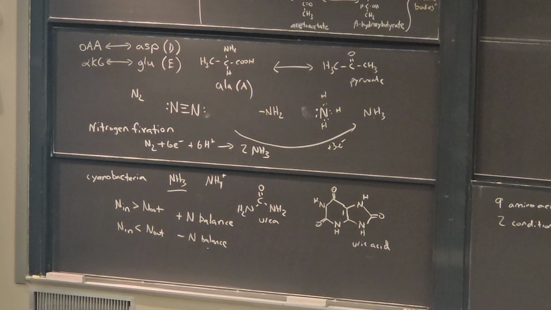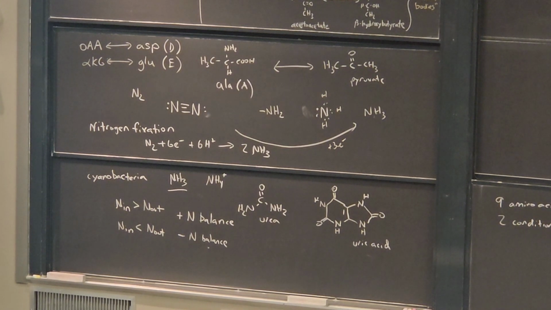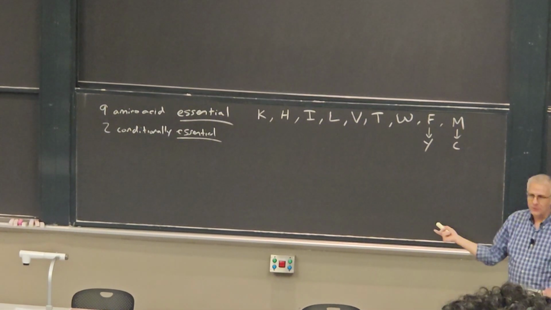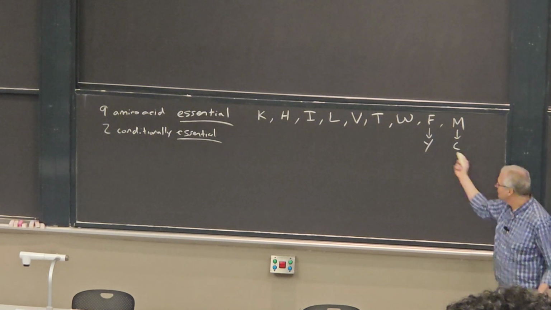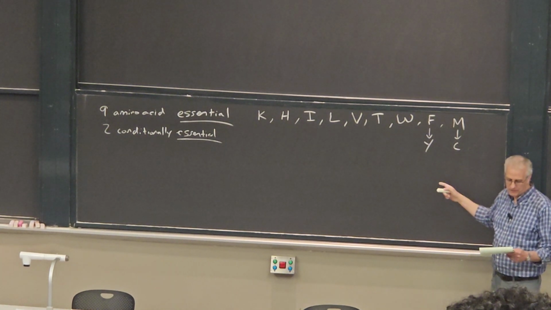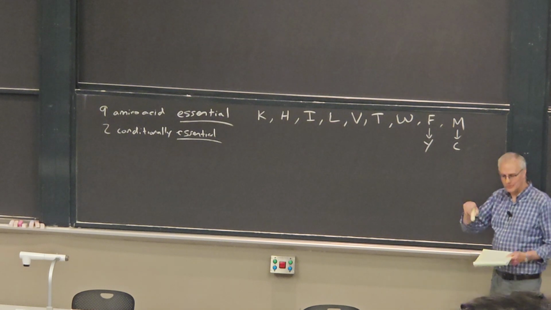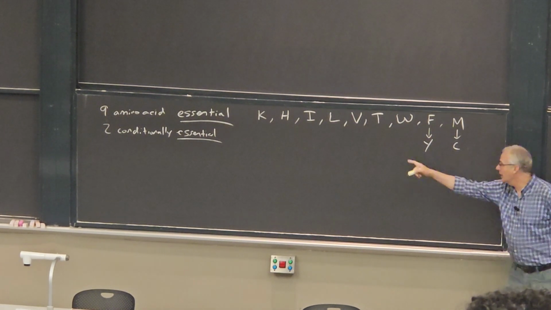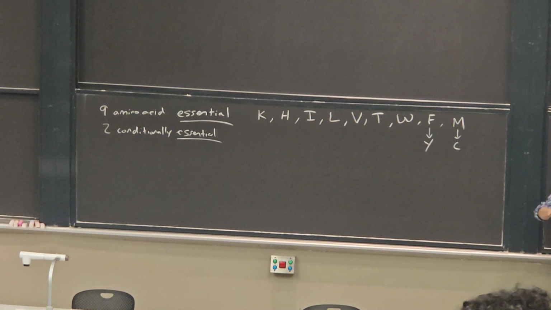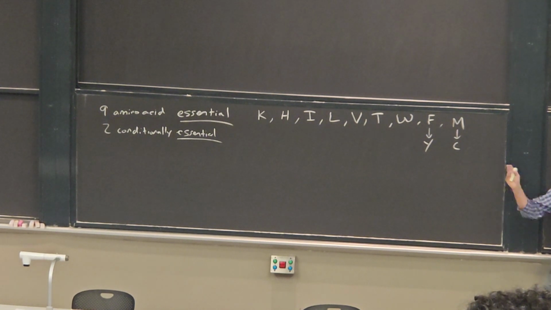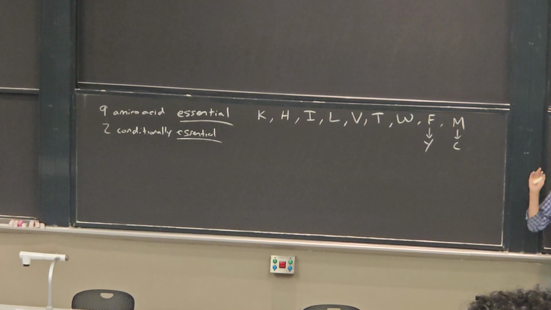Now, this is not really an issue unless there's some demented professor in the 1950s who's taking these away from your food. All right? It's not really an issue because, like I said, everything you eat is 50% protein. And so that 50% protein, you have plenty of these amino acids, all right? The bigger issue for you is nitrogen excretion. And it turns out the other 9 that aren't on this list are ones that you retain the ability to make. You retain the ability to make them largely because they're involved in other aspects of metabolism. They interact with metabolism in other ways, which will be clear.